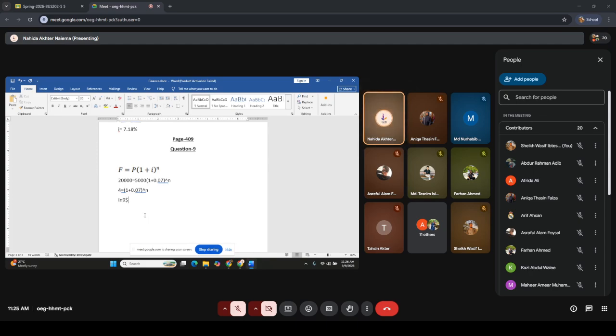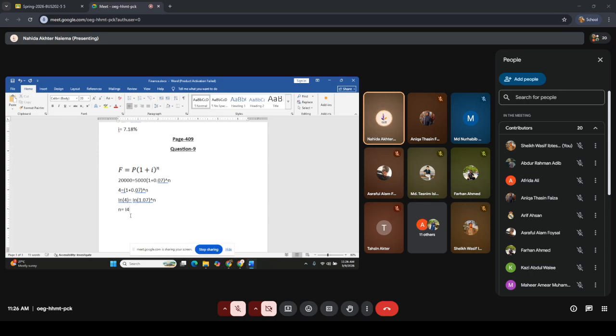So ln 4, both sides we will take ln, okay? ln 4 is equal to ln of 1 plus 0.07, what is that? 1.07, right? To the power n. So can we bring the n to the front? Yes, ma'am. According to the rule of ln, we can bring the n to the front. So n is equal to